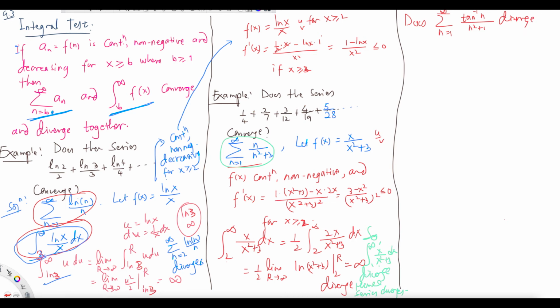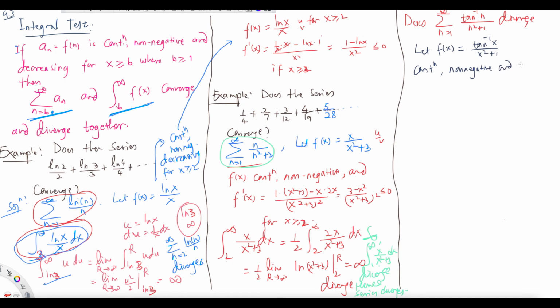That's what the question is asking, okay? Does this diverge? So what I'm going to do here is, let me use a different color for that. So let's say f of x is tangent inverse x over x squared plus 1. So this function is continuous, okay? So this function is basically continuous, non-negative,